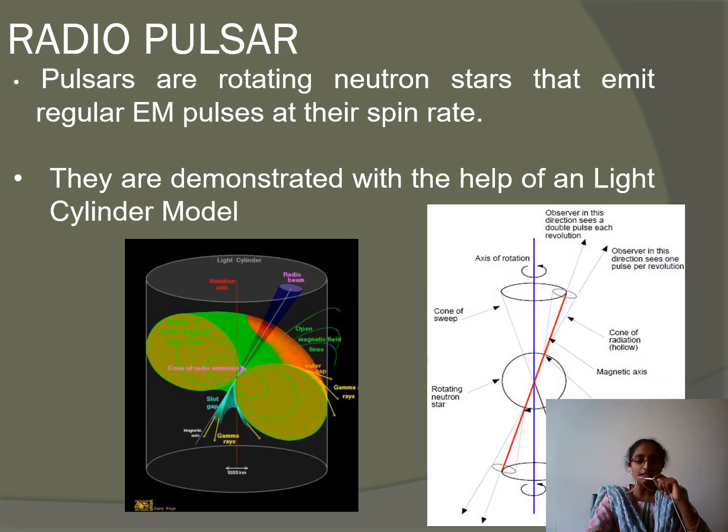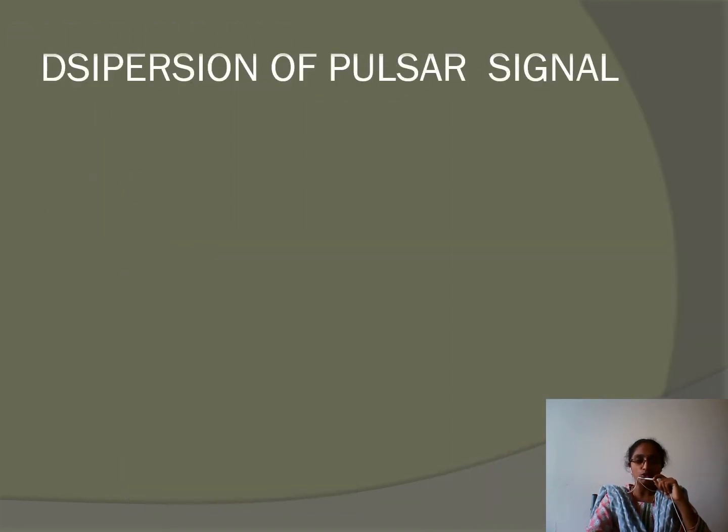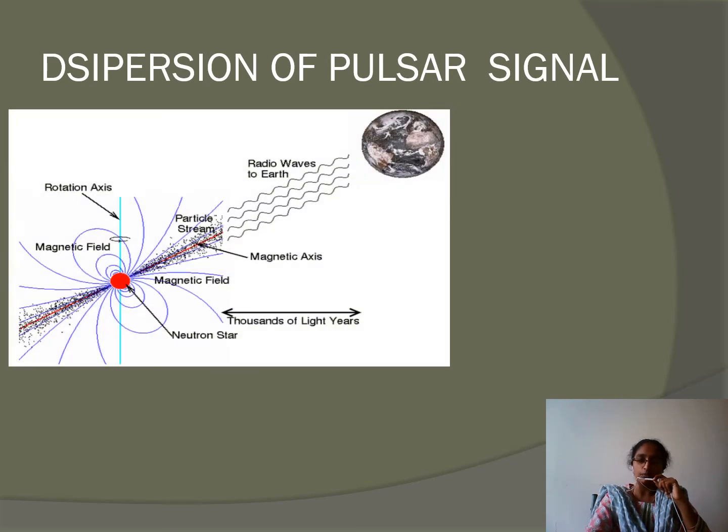And now here is the diagram I am showing you. How does the dispersion happen? Dispersion is nothing but, you might have seen the dispersion of a signal into rainbow colors when you place a prism and all in the physics laboratory. Same way, the dispersion of these radio signals of the pulsar will happen in space for long light years, that too thousands of light years, and then it would reach the earth.